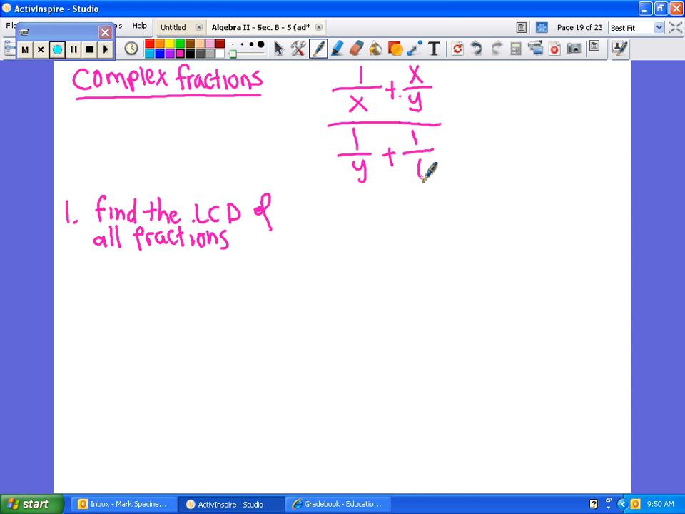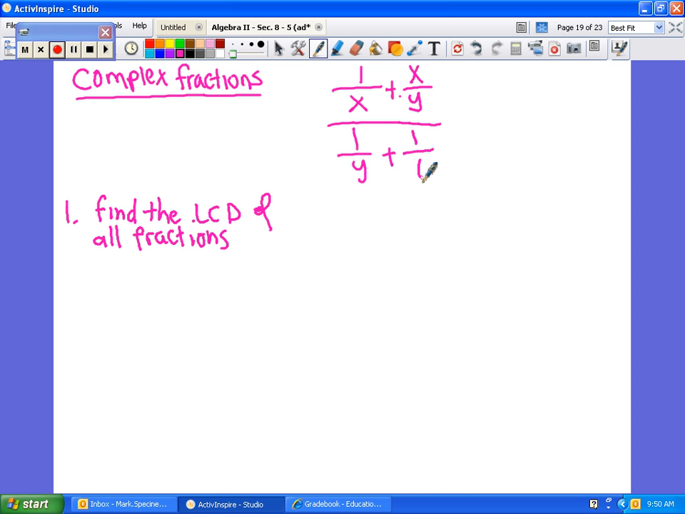Now it looks like it makes more sense because a lot of people get confused when they have a fraction and a non-fraction, what they're supposed to do. So by turning this into a fraction, it really makes it easier, I think, in terms of simplifying it. So step number one is to find the least common denominator. In other words,